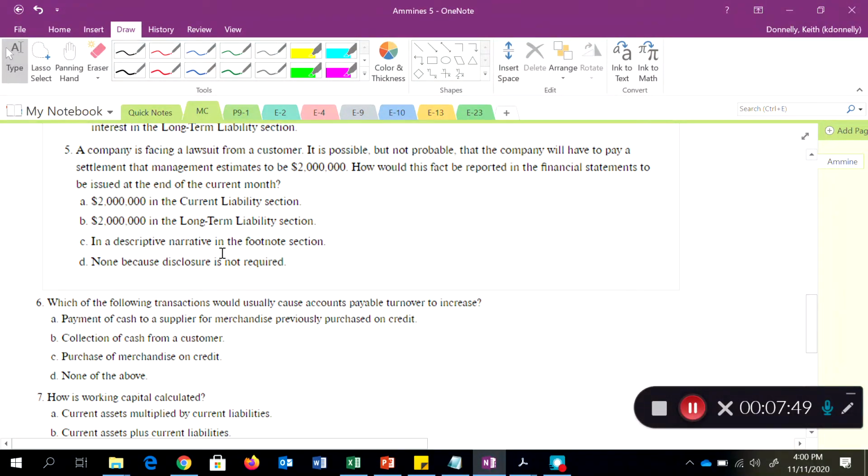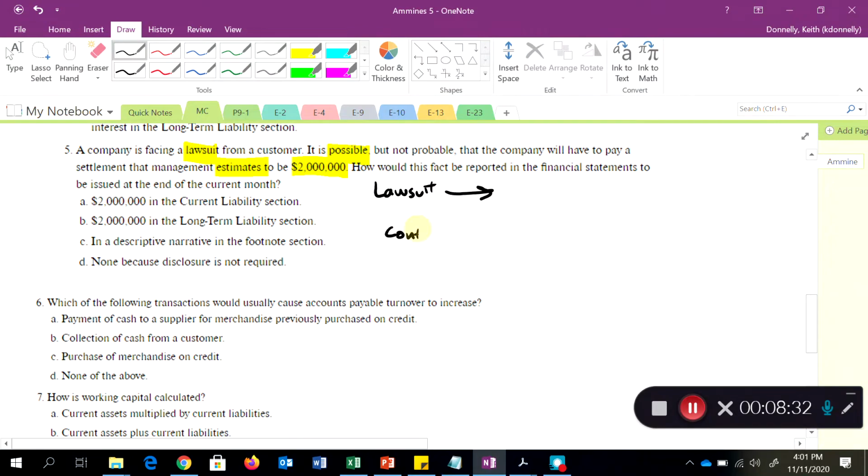Let's look at number 5 here. It says a company is facing a lawsuit. Uh-oh, we see the word lawsuit. We're probably talking about contingent liabilities, right? Looks like it's possible, but not probable, that the company will have to pay a settlement that management estimates to be $2 million. How would this be reported in the financial statements to be issued at the end of the current month? So we're dealing with a lawsuit,